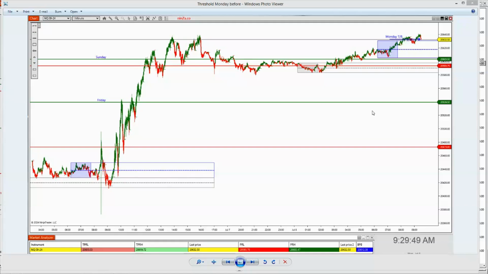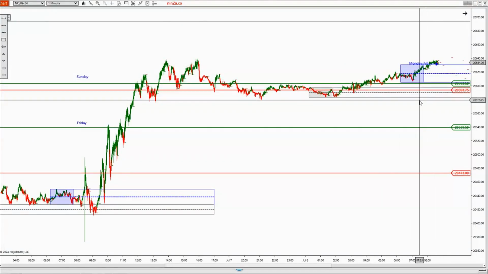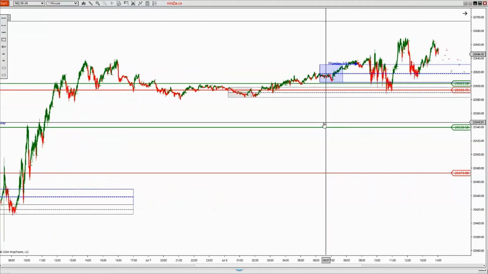I really am. This is yesterday's information. I provide you the market analyzer, so you get this market analyzer as well. It has the dailies, range high, range low for yesterday as well as today. So this is the prior day here, which was Sunday, the overnight, and then this was yesterday at the time that I took the snapshot. This is what that chart looked like when I took that photo, and then this is what they did that day.